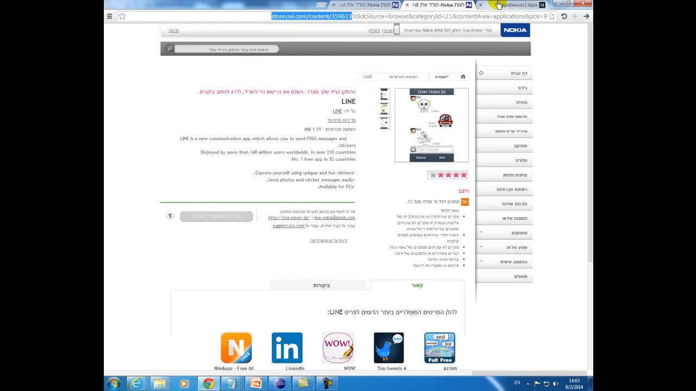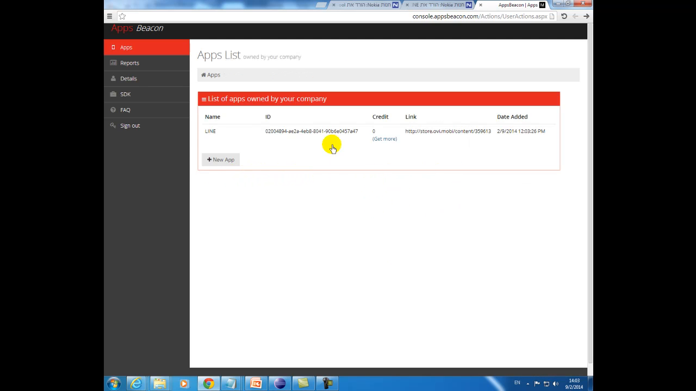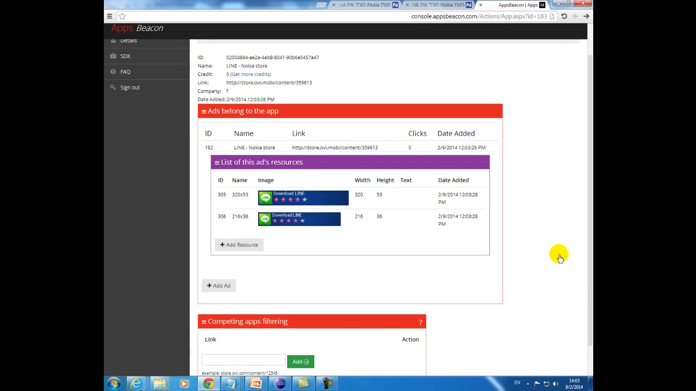I'll take one, and just enter the store URL and click generate. Okay, so it tells me application resources have been successfully generated, and this is my app line. So I can click on it and I can see further details. This is the ID of the app that is generated by AppsBeacon. You can see different